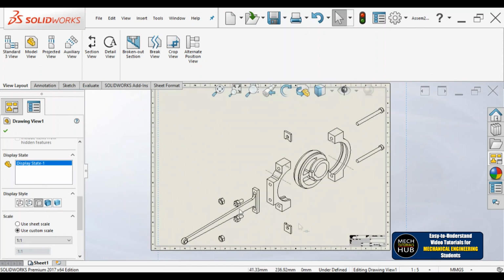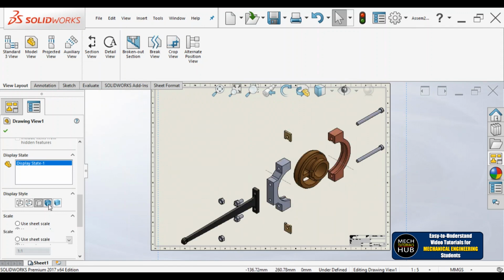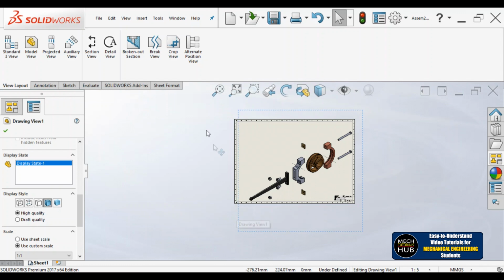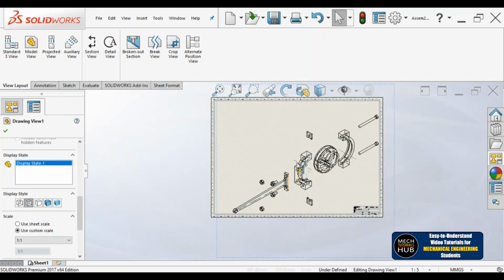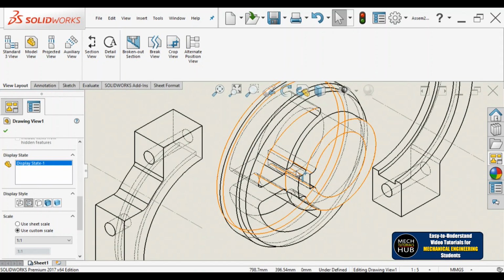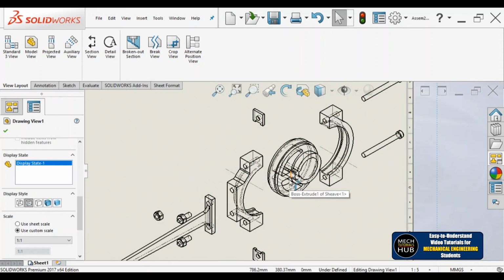Fine. Now if you want, you can keep the complete model in the draft sheet itself, like a wireframe exploded, or else you can keep it as a solid also. When you keep it solid or wireframe, try to keep it in high quality so that all the edges will appear properly when you take a print of this particular model. This is how it looks. Or else you can keep it in complete wireframe with invisible edges, but it will look somewhat clumsy to understand, and it won't look that good.